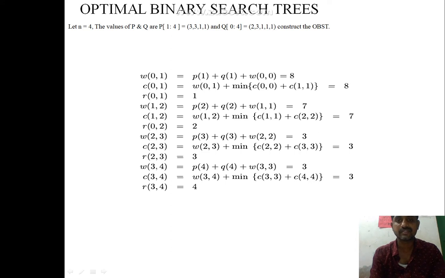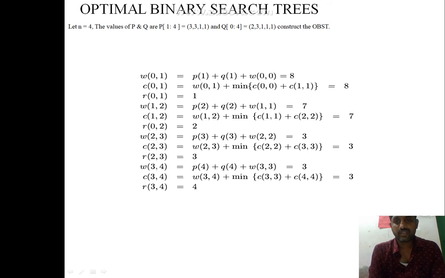If a successful search terminates at an internal node at level L, then L iterations are needed, hence the expected cost contribution from the internal node for a_i is P of i into level of a_i. For an unsuccessful search, the binary search tree can be partitioned into n plus 1 equivalence classes E_i, where 0 is less than or equal to i less than or equal to n. For an unsuccessful search node E_i at level L, L minus 1 iterations are needed, hence the expected cost contribution of this node is Q of i into level of E_i minus 1.